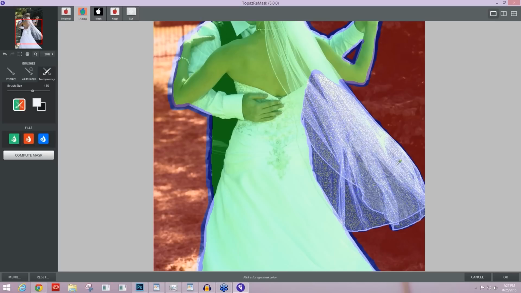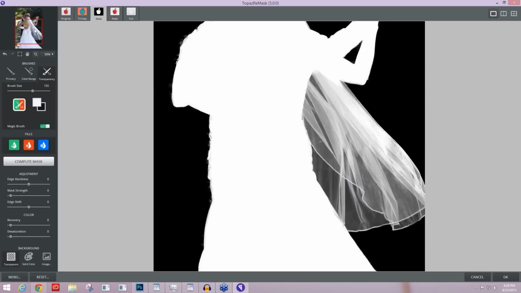And I only really need to do a very small selection there. I don't need to keep going in and doing it again. I only needed to do it once. It's usually best if you only do it once. And now that I have that, I'm going to press compute mask. And there you go. That's a really great transparent mask right off the bat for that particular